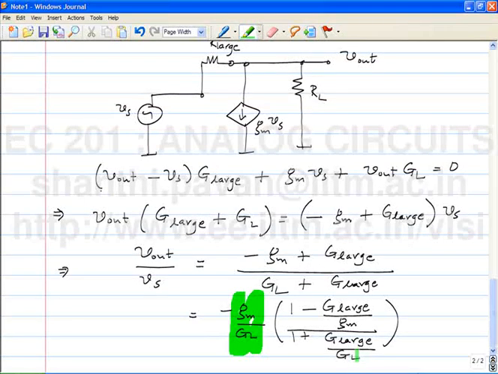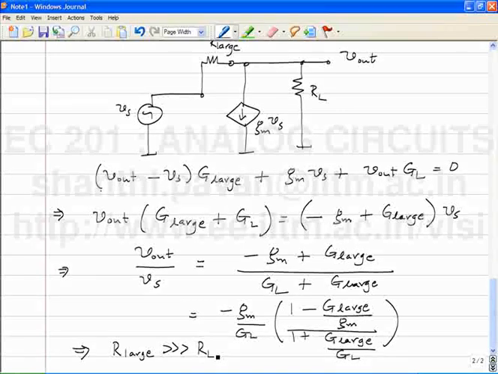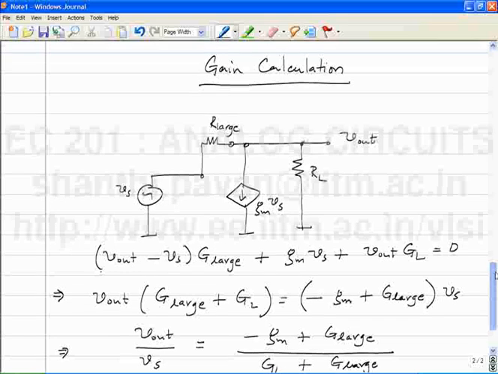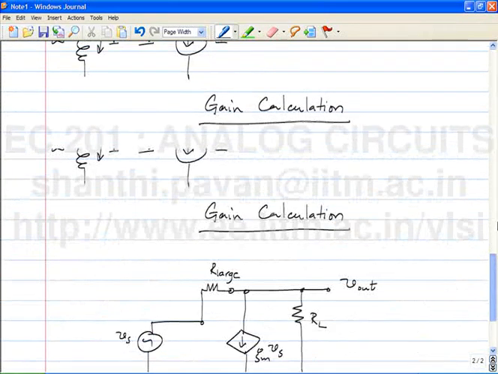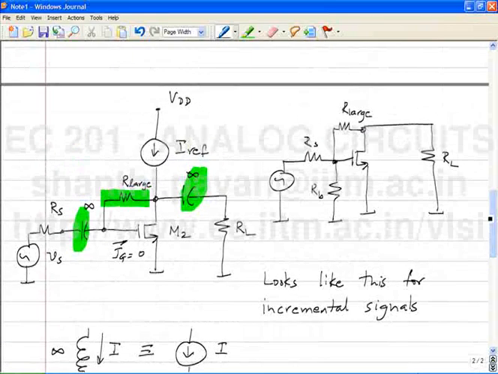So, when we mean R large must be a large resistor, it must be much larger than RL. Alright? So, which means that if you choose R large to be much larger than RL, then the gain is approximately minus GM RL. Does that make sense? So, you have therefore seen that in this way,